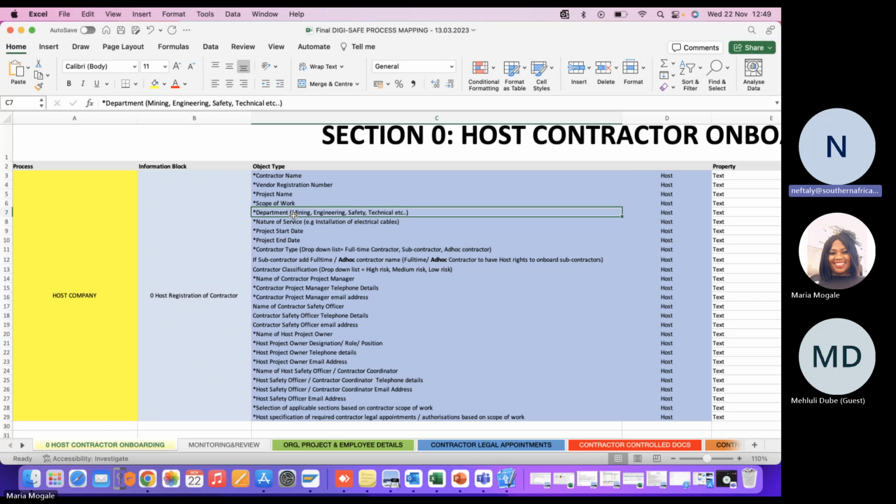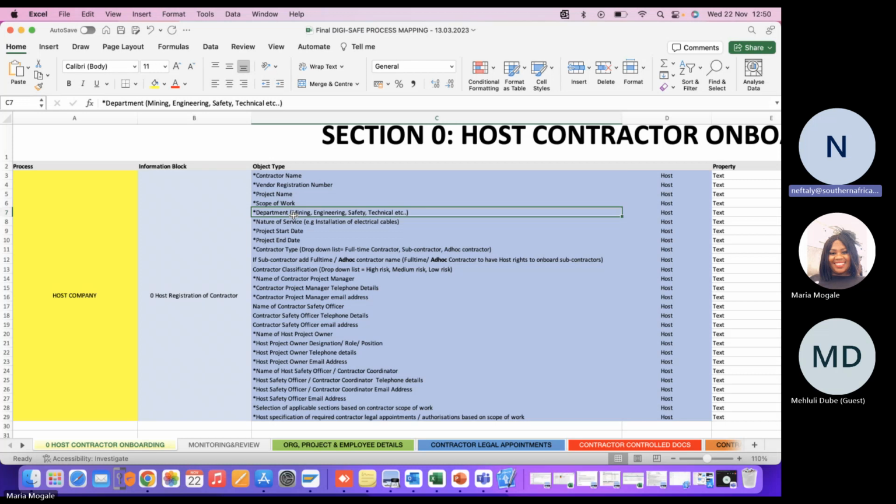It looks like the process is still the same as when you were re-advertising the tender. You get me? Then what will happen is that you list each and every piece of information that you need. All this, project name, you don't put the contractor name. So it's project name, scope of work, your departments, your nature of service, start date and end date.